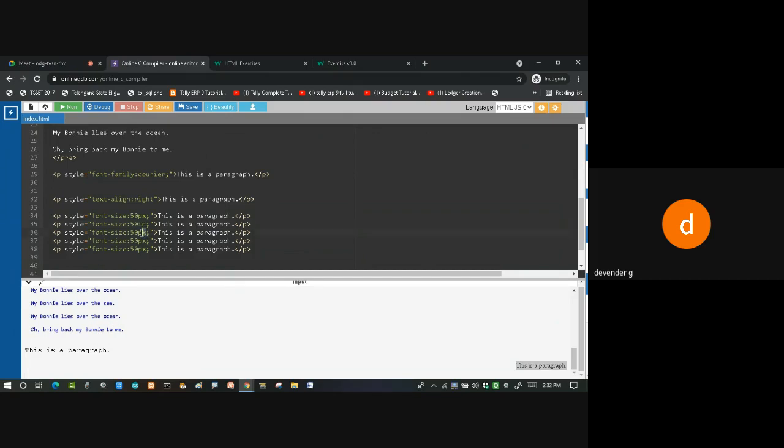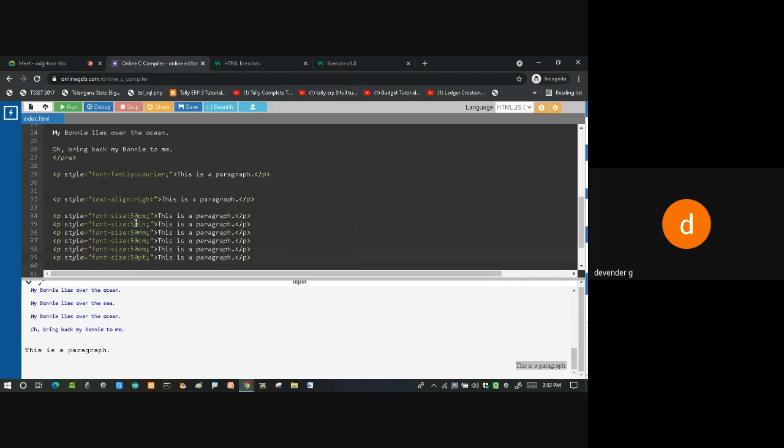I'll be using something called millimeter. I'll be using something called centimeter. I'll be using something called em, or bigger than that. See here, font size is one thing, and also you can see how much you want. And if you want, there is one more also. I forgot to write that one. That one more is point.